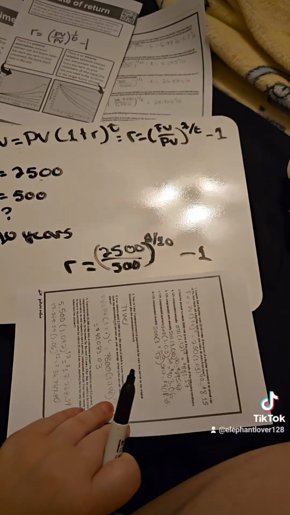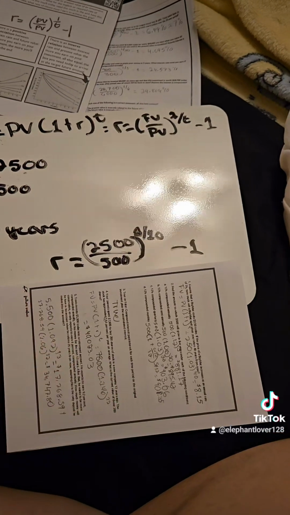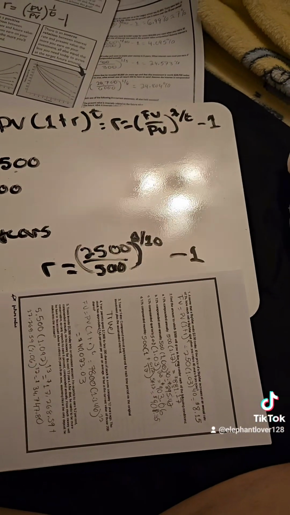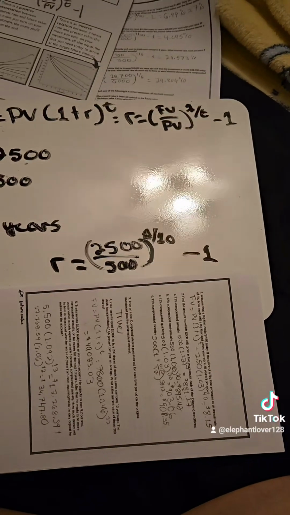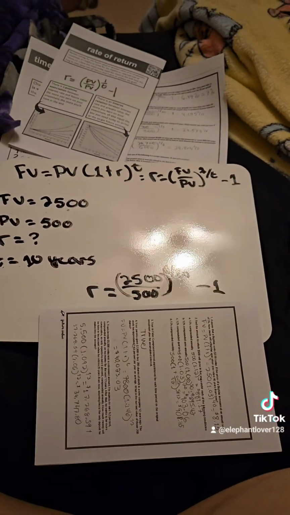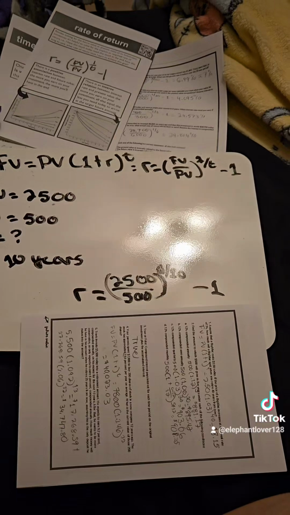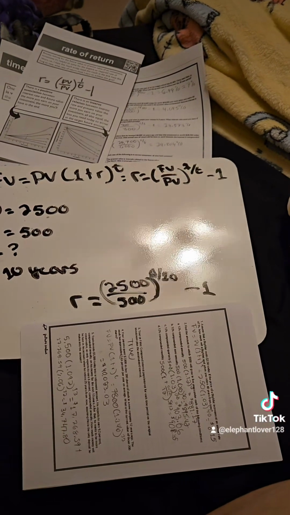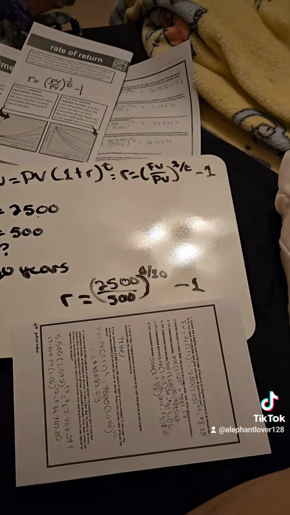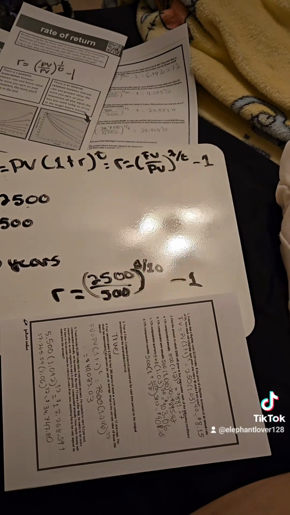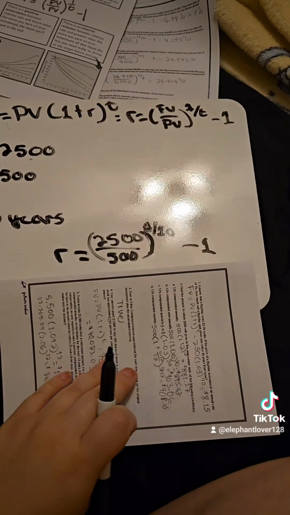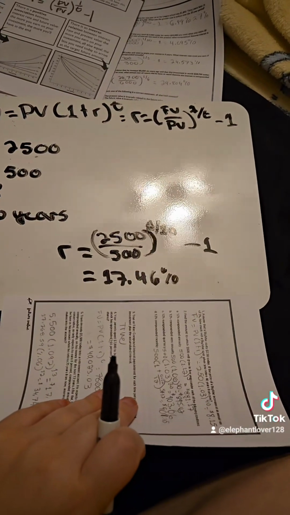So putting that all into the equation, we have R equals 2,500 over 500, all to the power of 1 over 10, minus 1. Again, this is where it becomes almost nearly impossible, but it is an arbitrary problem, and some stocks do give you a high return on your investment. However, these are the very risky ones, and we don't recommend that you actually do use these. But all this equation comes out to be a rate of